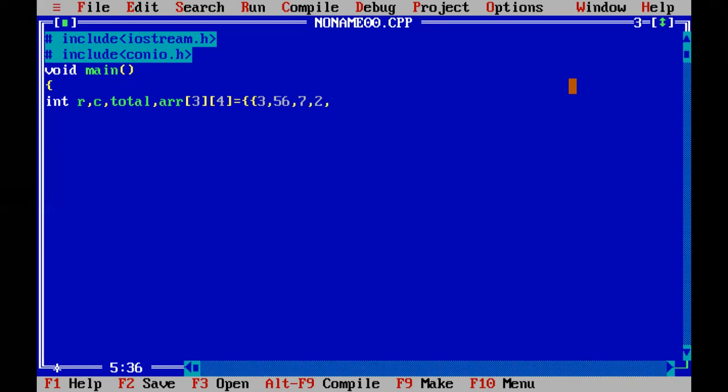How many? 1 2 3 4, four are in the first row. Now the second row's turn. Second row, let's say 5 4 3 8 2. This is the second row data. And now I am going to use the third row data.